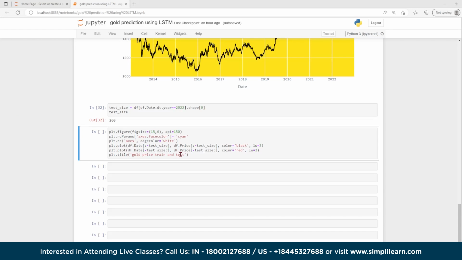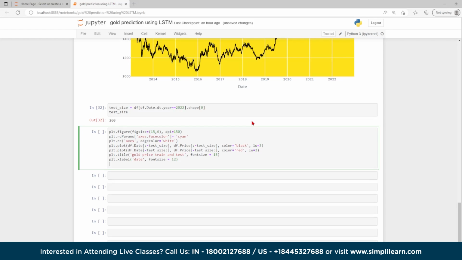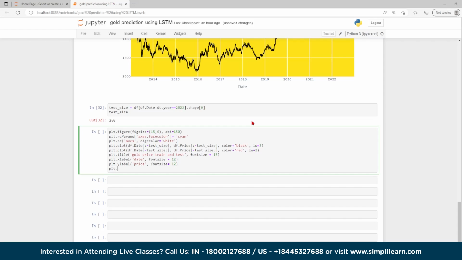After that, I will set the font size. plt dot xlabel, then date, comma, font size equals to 12, then plt dot ylabel, then here I will write price, font size, still we will put 12 only. Then plt dot legend,